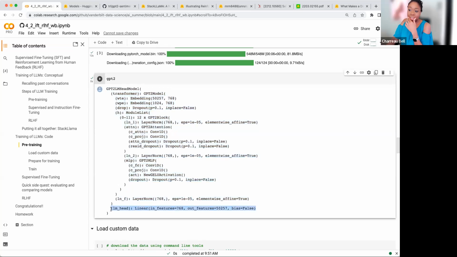And then you have the language modeling head. This is something that you can just add on. You can also remove it, because it's another layer, and then put on a different head. But you would still have all of these weights and all of these layers that would be the same. Okay, so it's pretty exciting. Does that answer the question?